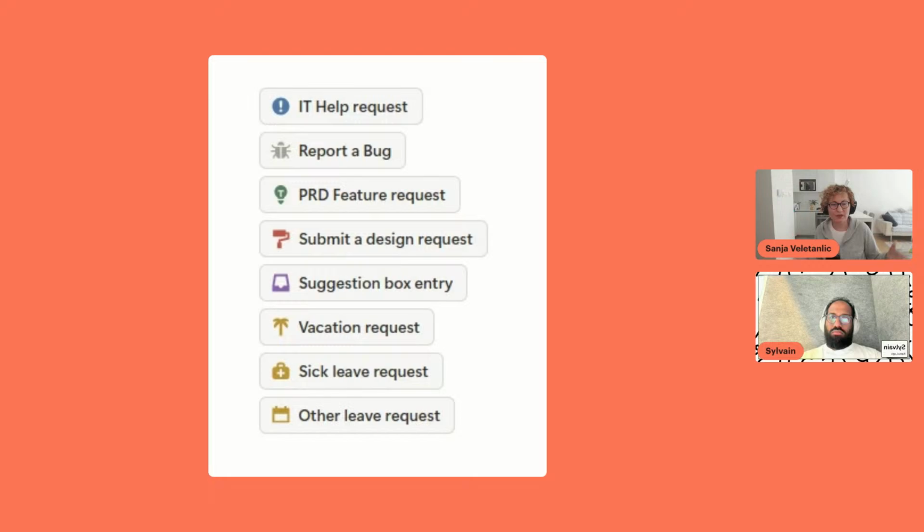It can be within the homepage. If you have a company homepage, these are some examples of buttons that you can create there just to help your team quickly do some of the stuff that they are frequently doing.